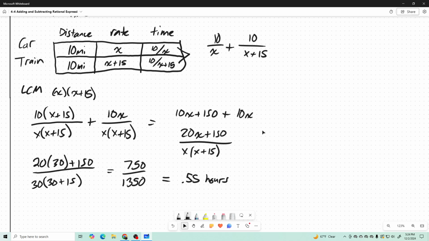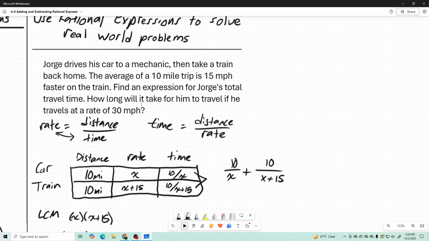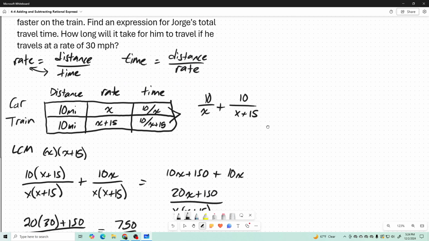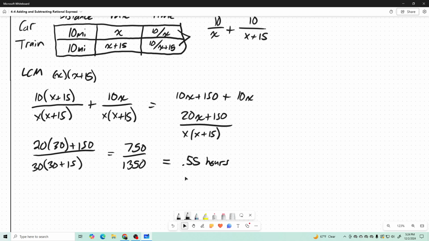All right, so what's the question here? How long will it take him to travel if he travels at a rate of 30 miles an hour? Well, it's going to take him about a half an hour. Make sense? Well, let's see. So let's go ahead and go back to our